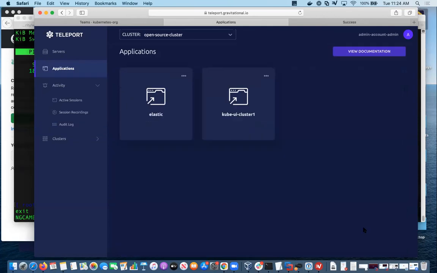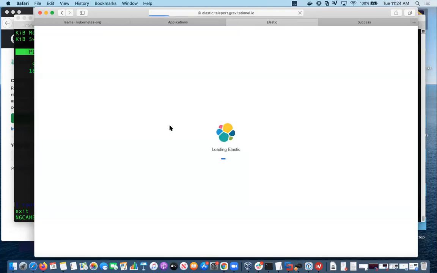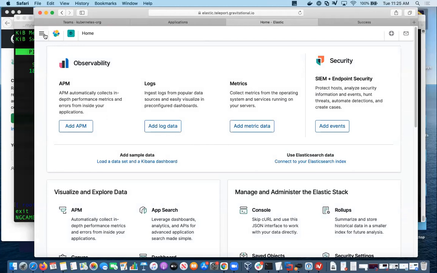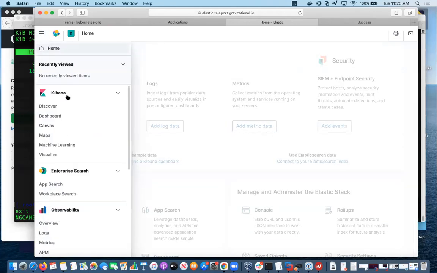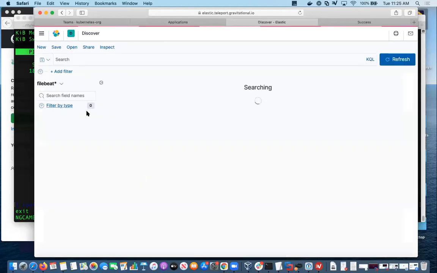I mentioned that I'll show you an ELK stack that I've deployed here. So I have this internal ELK stack that I've deployed that I'm using to aggregate all of my logs. If I come in here, the only way to access this is via Teleport. This is in a private subnet. And if I go to Discover, I can come in here,